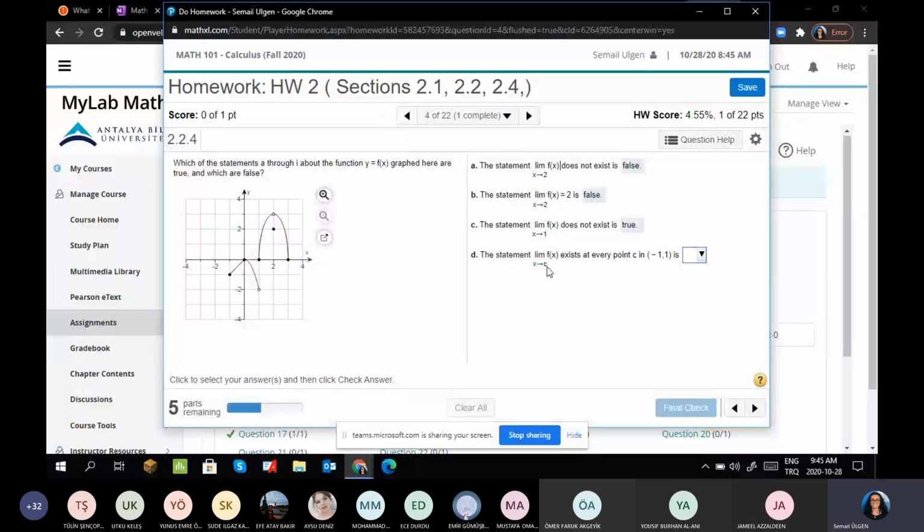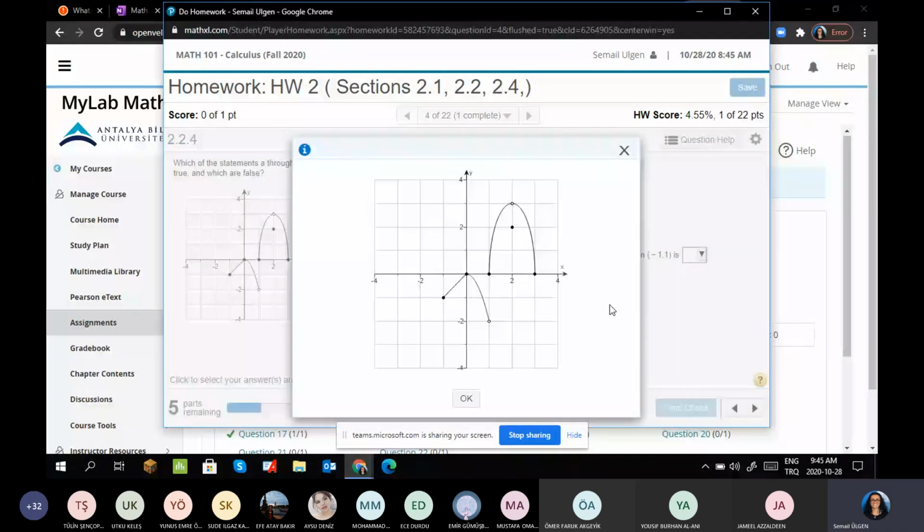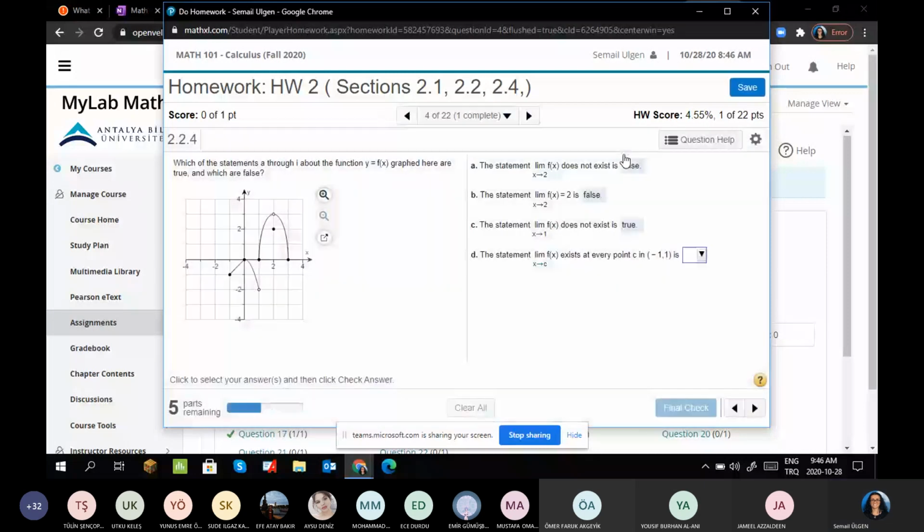The statement limit as x goes to c of f of x exists at every point c in -1 and 1. Let's look at -1 and 1. It says for each point the limit exists. Do you agree or not? Let's choose this point, for example. The right limit and left limit exist. If you choose this point, the right limit and left limit exist and are equal to each other. Choose this point, the right limit and left limit exist. So for any point between -1 and 1, the limit exists at every point,